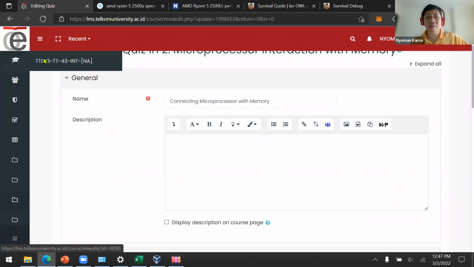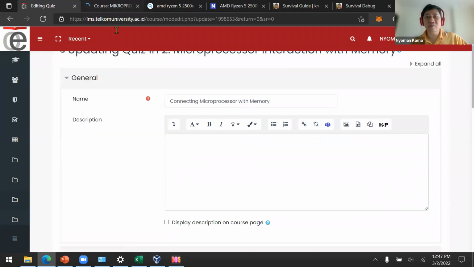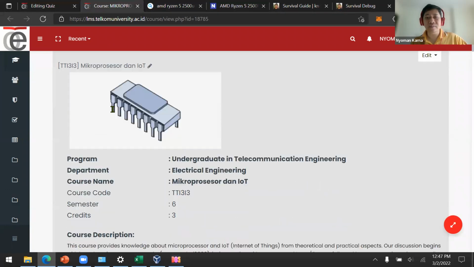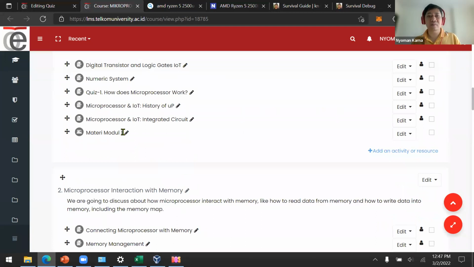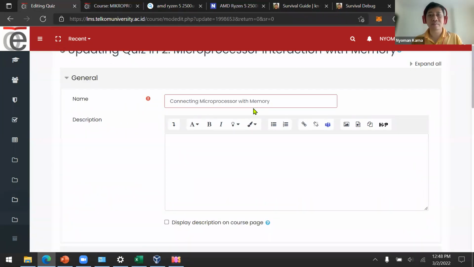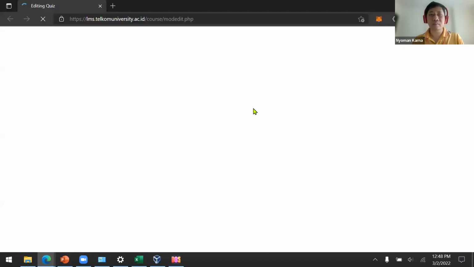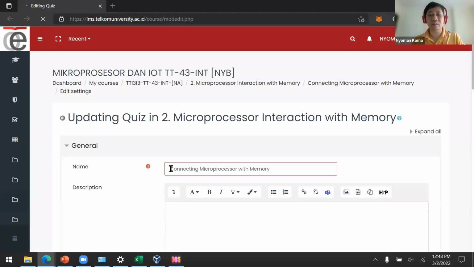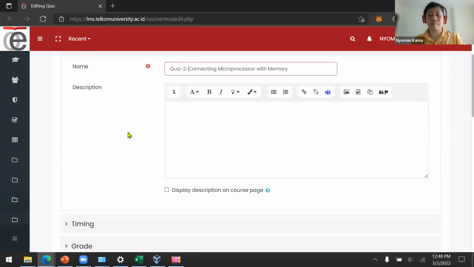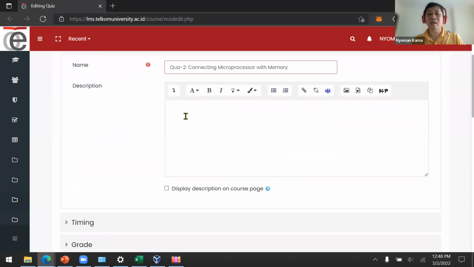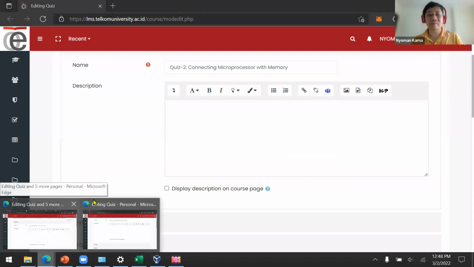And don't forget that the score of this quiz will be counted towards your final score. This is quiz 2, so this is for your attendance and also for your score.